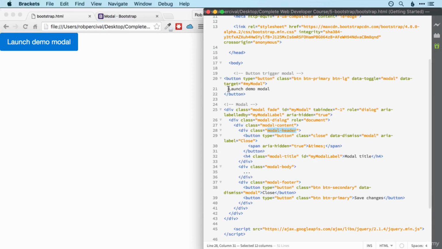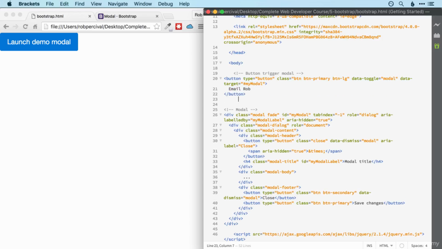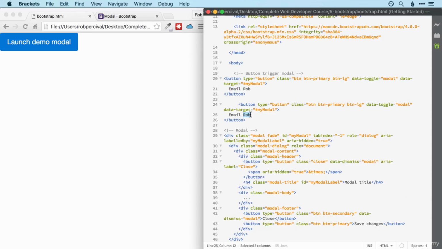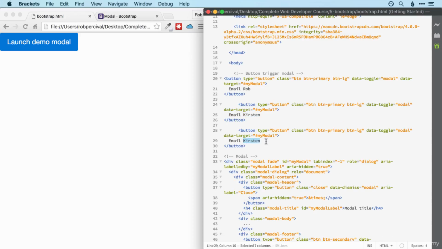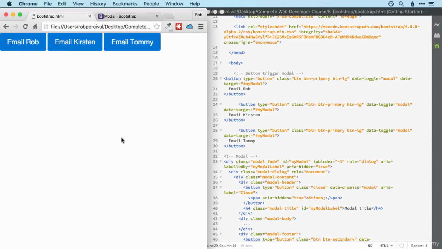So let's change our code from launch demo modal to email Rob. And then I'm going to have a second button, email Kirsten. And let's have a third button, email Tommy. Ralphie's too young to get email at this point. There we go. So each of these links to the same modal